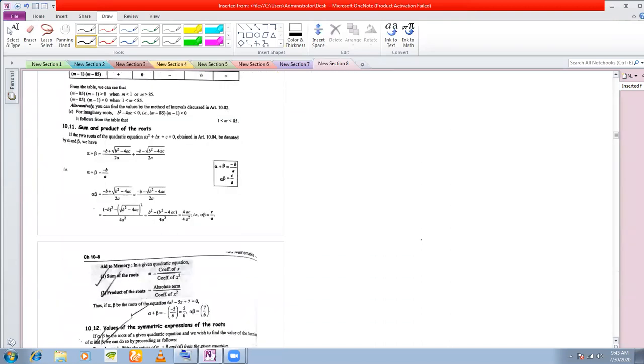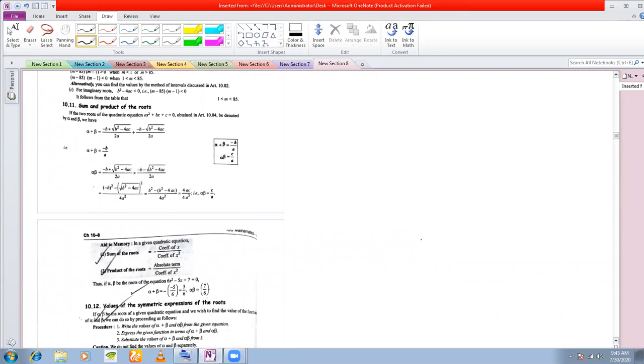Now we come to the most important part, which is the sum and product of the roots. If I give you a quadratic equation ax square plus bx plus c is equal to 0, where obviously a is not equal to 0, then without actually solving the equation, how do you find the sum of the roots? They have shown it here. If you take one root as minus b plus root over b square minus 4ac, the other root as minus b minus root over b square minus 4ac, and you add up, you get the sum of the roots, alpha plus beta. If alpha and beta are the roots of the equation, then the sum of the roots is minus b by a. This you need to remember.